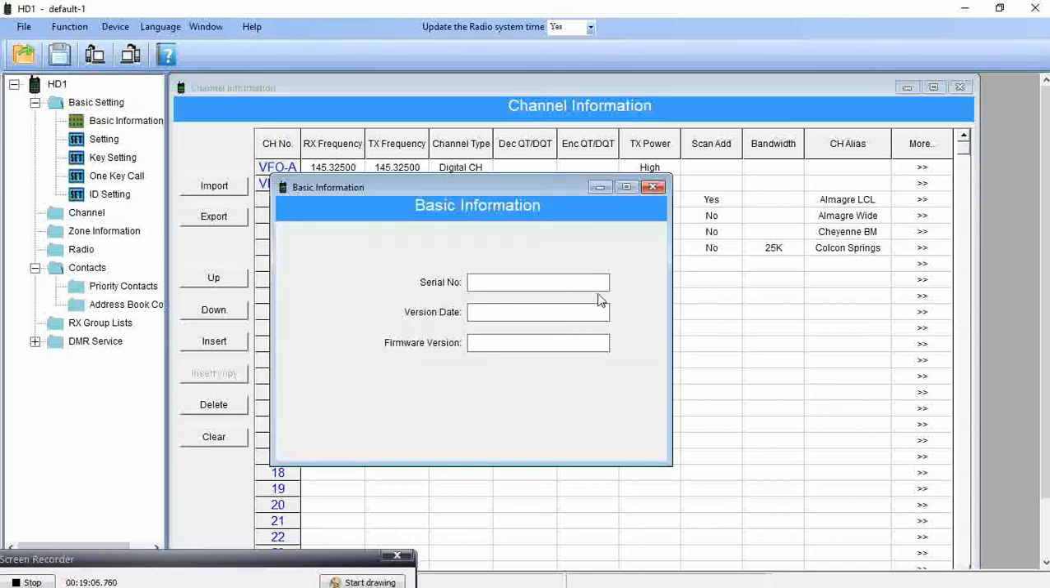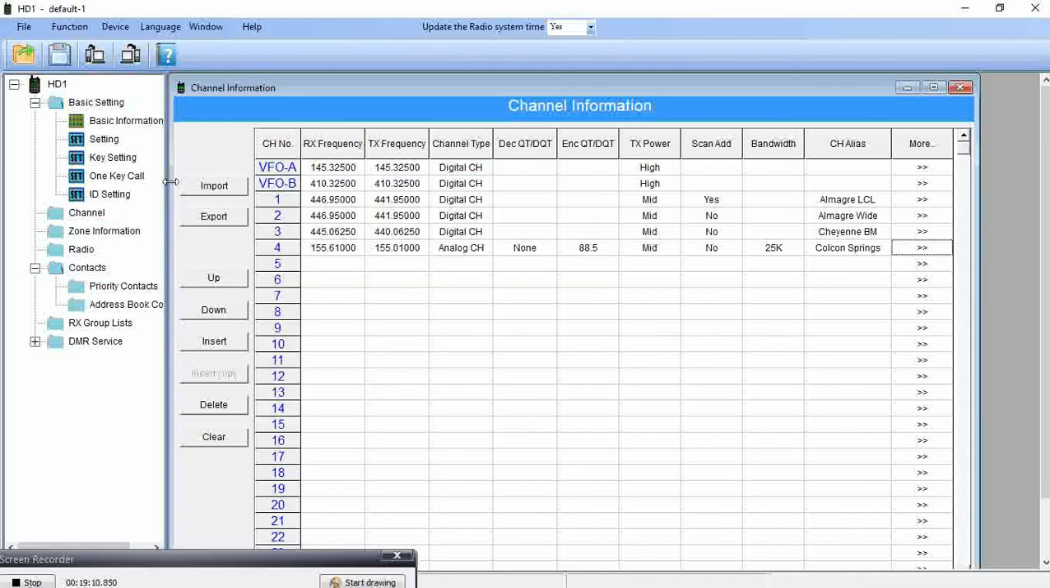I haven't read from my radio yet, so it doesn't have any of my information on it. It's always a good idea to read from your radio before you write to it. That's what I always do. Right now we're working with just a blank code plug that opened up when I opened up the CPS. I always read from it, and each time, right before I write a code plug to a radio, I will save